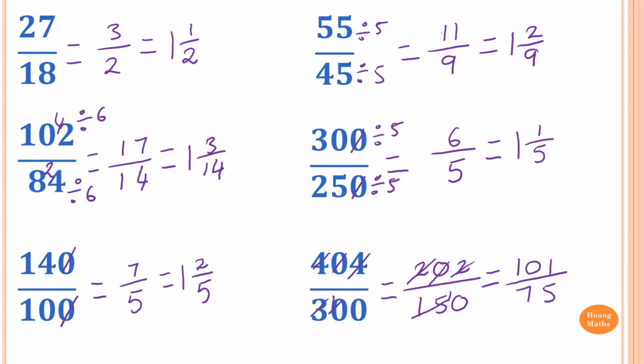101/75. So we need to write that into a mixed numeral. So 75 go to 101 is 1. So what we can do, we find out the remainder. So 100 minus 75 is equal to 25. You add 1, it is 26. So